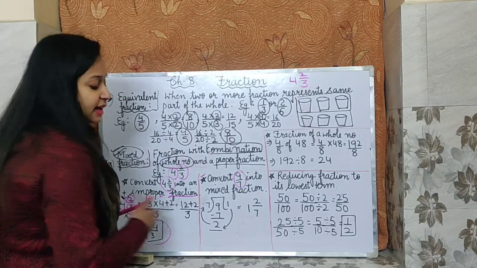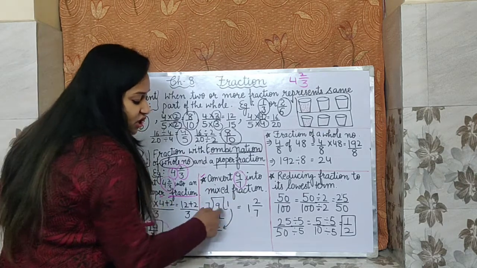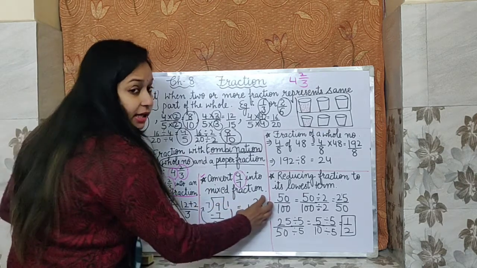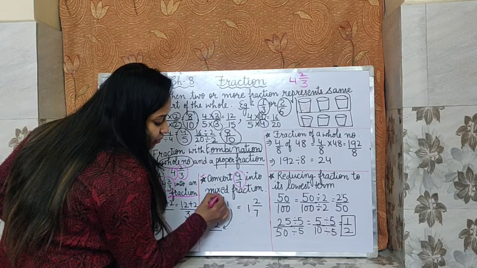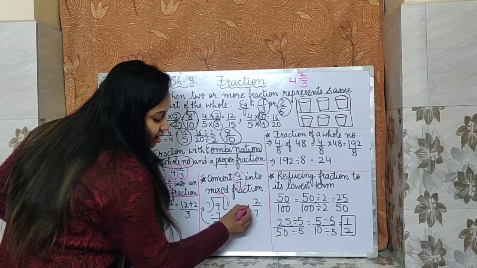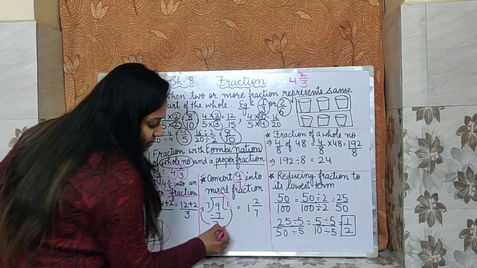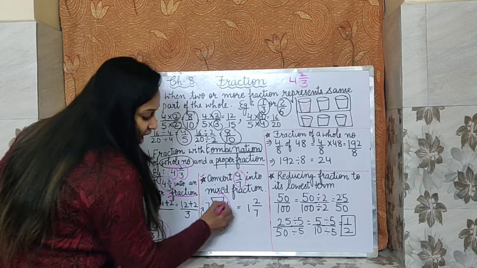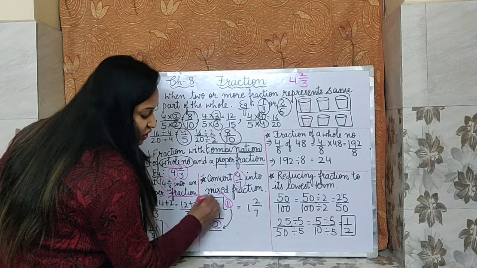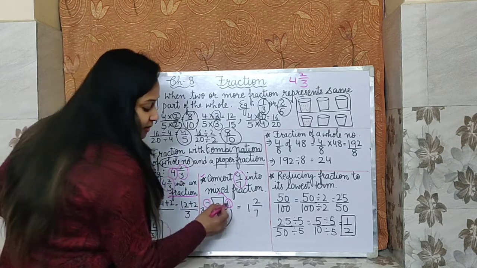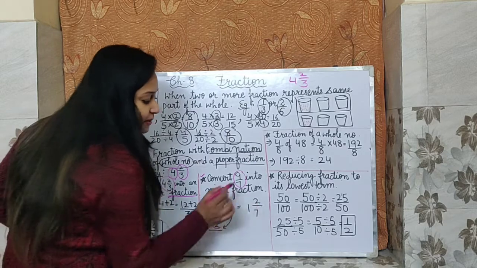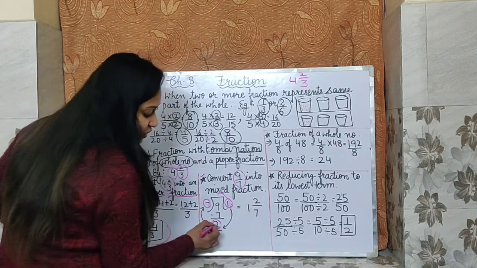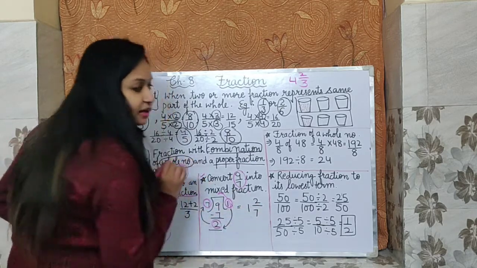So how do I write this division sum into a mixed fraction? I will go clockwise. हमारी clock यहाँ से start होती है. So यहाँ से पहले 1 आया तो मैंने 1 लिख दिया. Then 1 के बाद मैं जाऊंगी यहाँ पे 2 आया. I will write all the 3 numbers which are outside the division sum. सबसे पहले clockwise जाने में 1 आया, so I wrote 1. Then comes 2, so upside I keep 2. Then a fraction 9, and 2 के बाद आ रहा है 7, so I'll write 7.